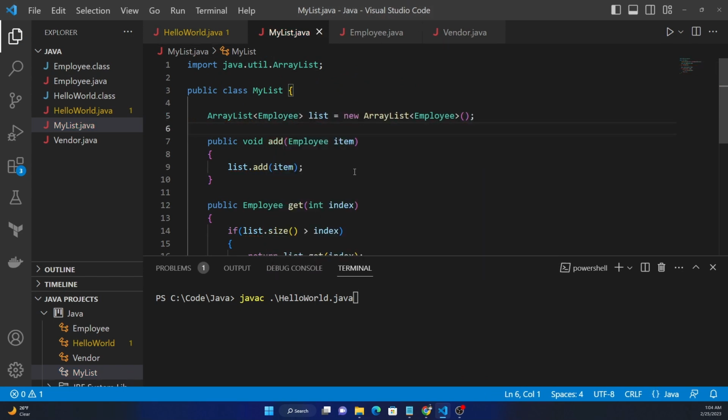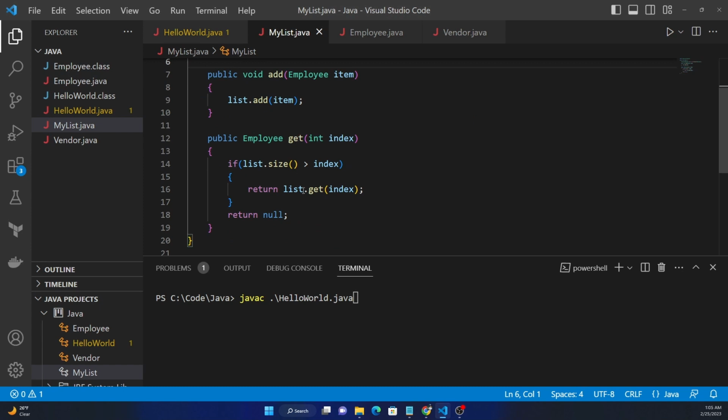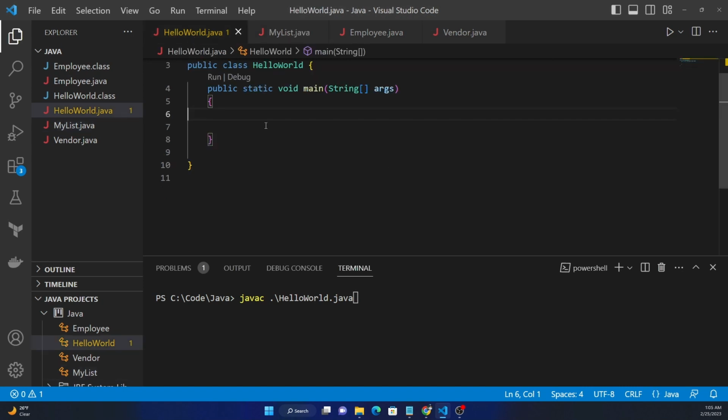Let's make it 10. And now you can see this is a very specific method. It takes an employee, adds it to the employee array list, and the get returns an employee with the index. So this is a pretty straightforward implementation. And now if we go into the HelloWorld.java, here what we can do is we can create